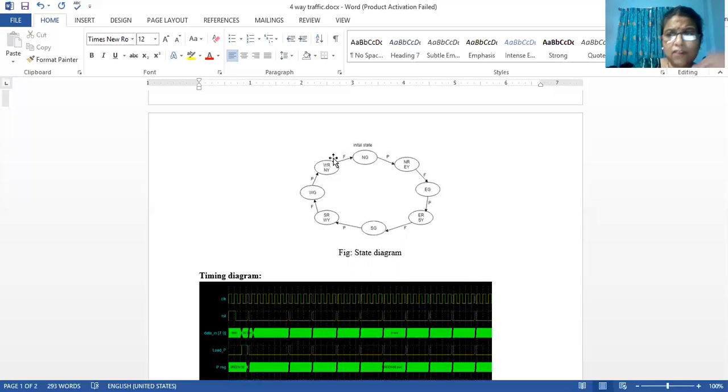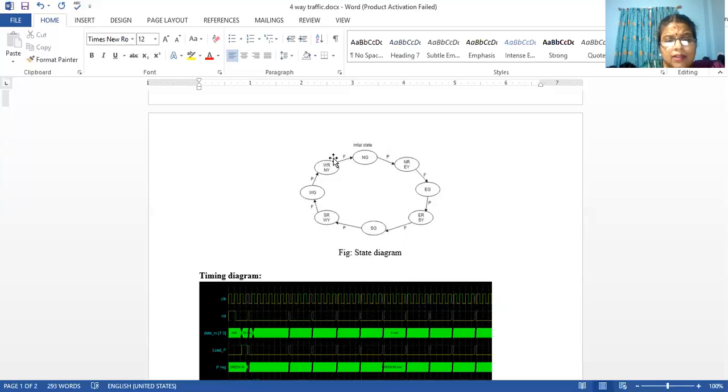Okay. If you are having opposite sides to get to move on, the right turn happens, the straight happens, then we may have to change the state machine accordingly. So this is a very simple state machine where four-way traffic happens, only one side we are doing. I don't want to complicate with more stuff because this itself looks a bit complicated for you. So more complications I don't want to do. That is why this is a simple state machine.